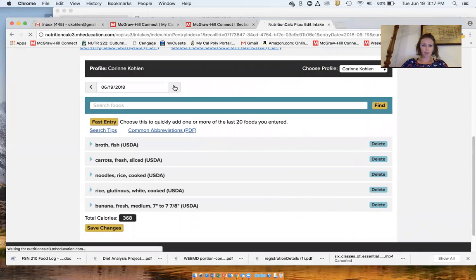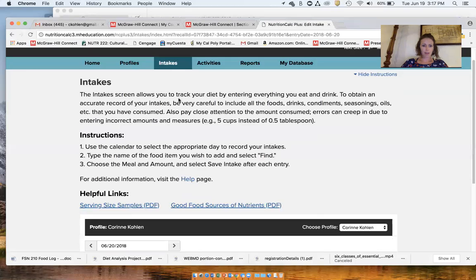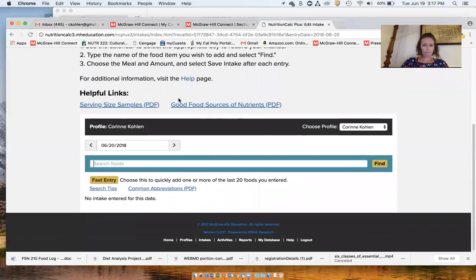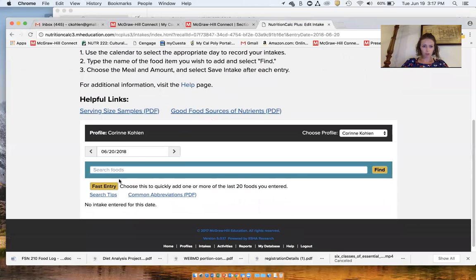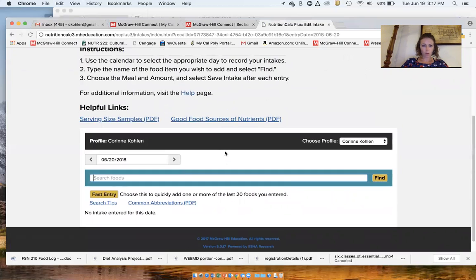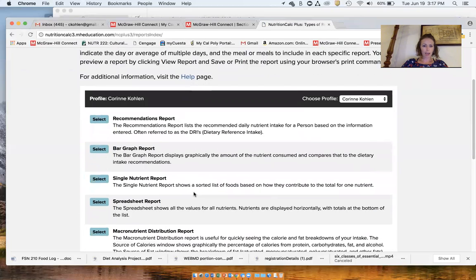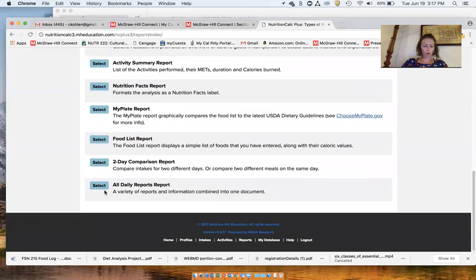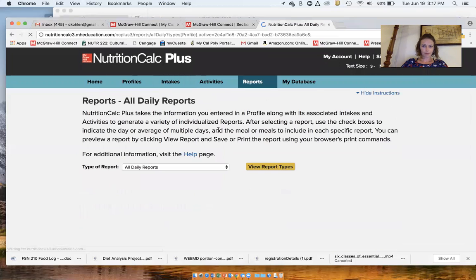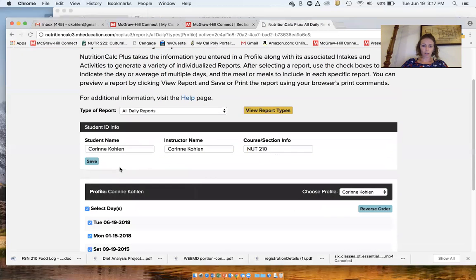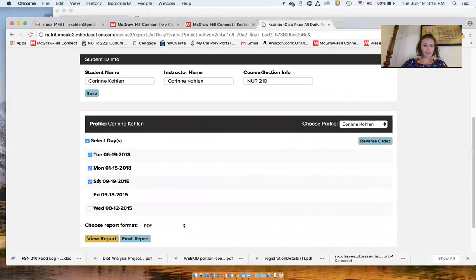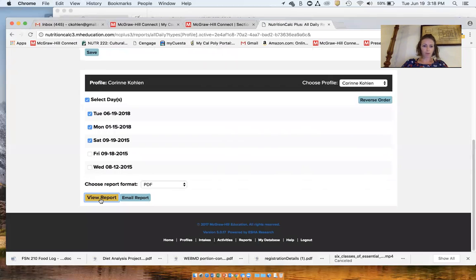Let's just pretend that I have entered in all my foods for this day. If I did that, I would then go to a different day and enter the same thing. Once I'm done entering all 3 days, I'm going to go to the Reports tab, and you're going to scroll all the way to the bottom for all daily reports, hit select, and then you need to make sure that it's you, and you're going to select the days that you ate on. So I have foods recorded for these different days, and I could hit view report,